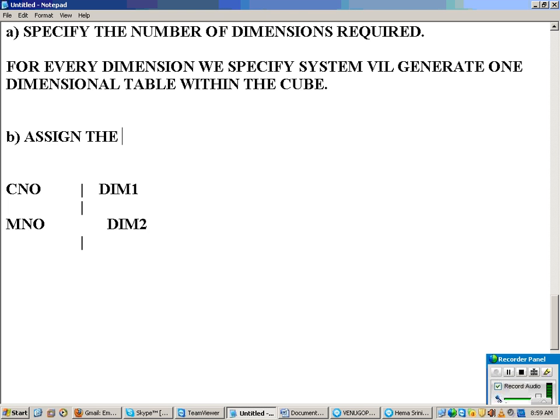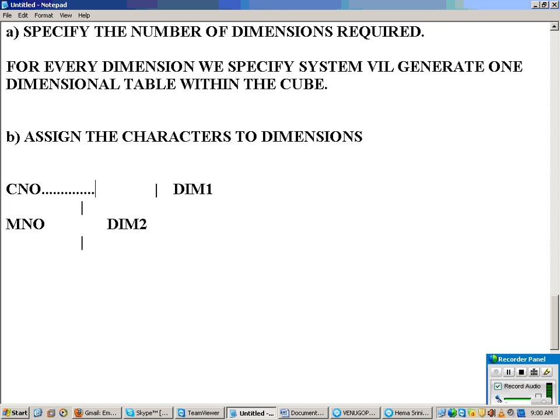Front end, we are assigning the character to the dimension, that is what I'm showing you. I'll show you what happens in the back end.